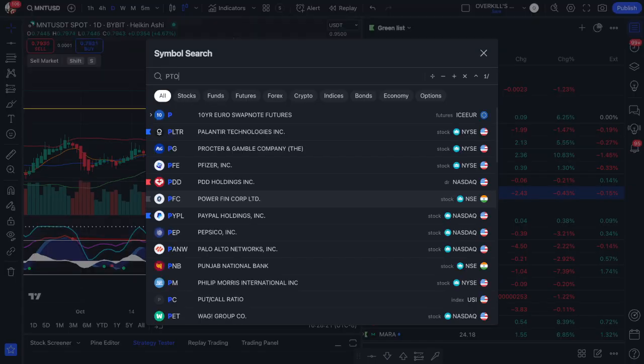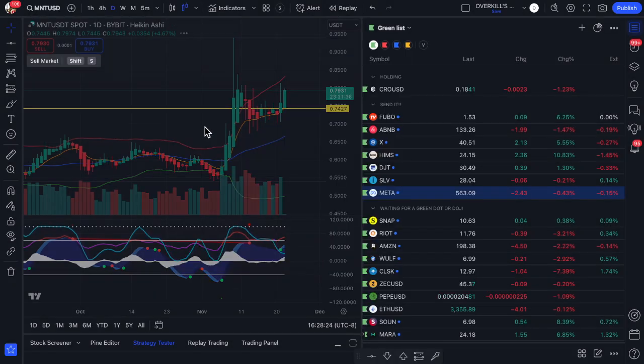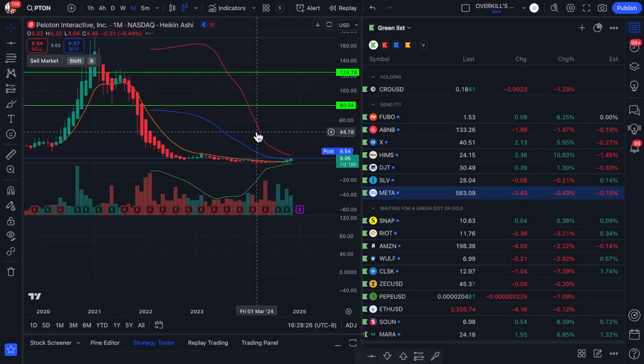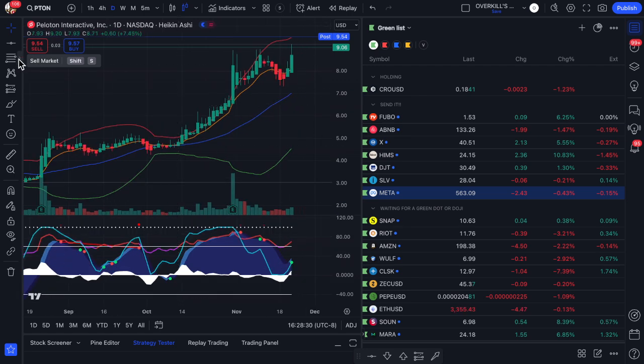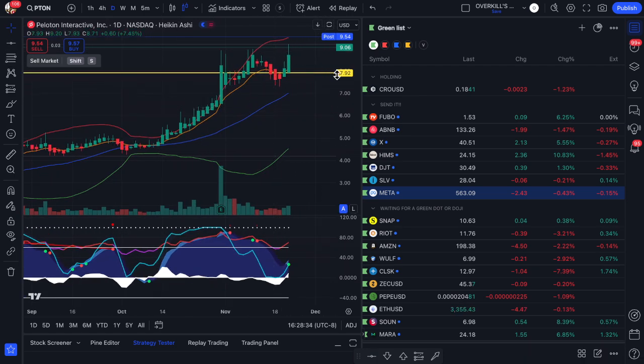We got Peloton, PTON. This was a big winner back in COVID. Okay, nice green candle showing up there. And this thing's just on a run. It's on a tear. So keep creeping that stop loss up. I put it at about 798. You got a green dot showing up today. So once again, protect your gains. Move your stop loss up to like